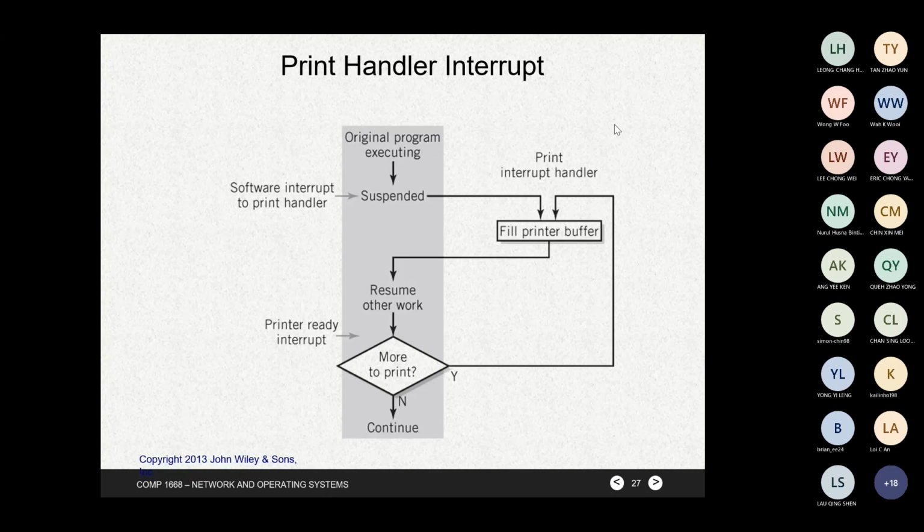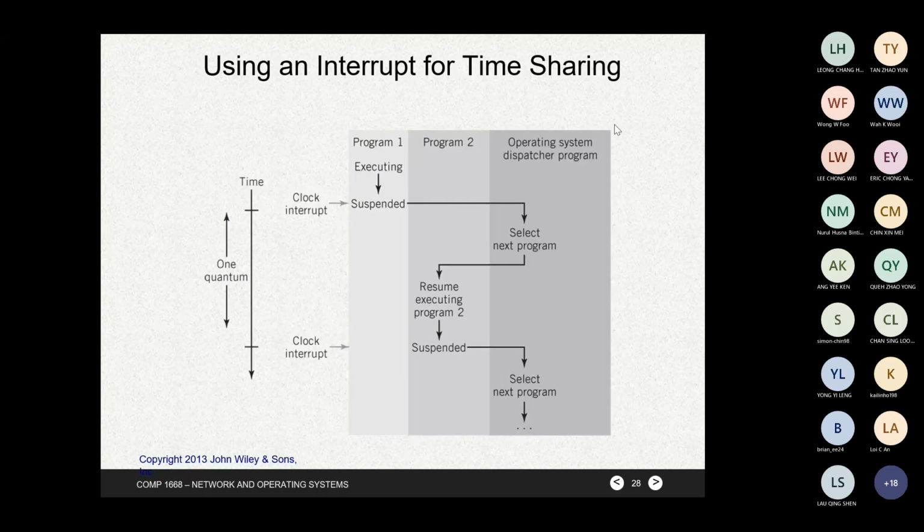Okay, let me continue with the next slide. Using an interrupt for time sharing. This is when you have more than one request. Let me explain first. Time sharing, I hope all of you understand what it means by time sharing. In a multi-user environment, when there is more than one user, meaning when there is more than one program that needs to be executed,